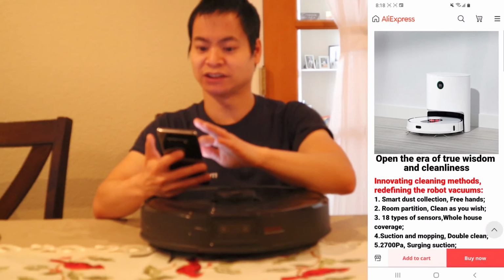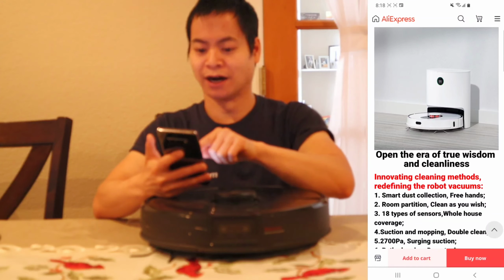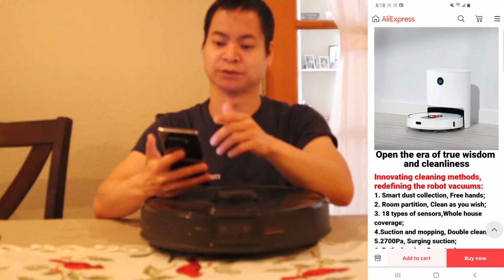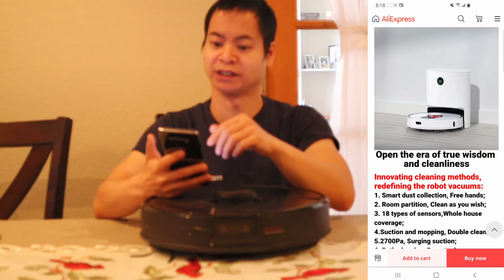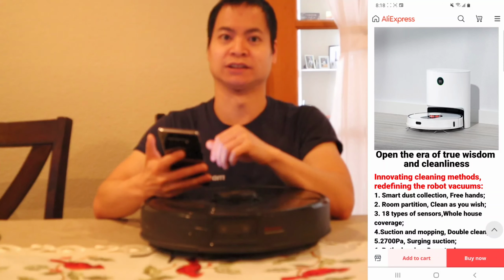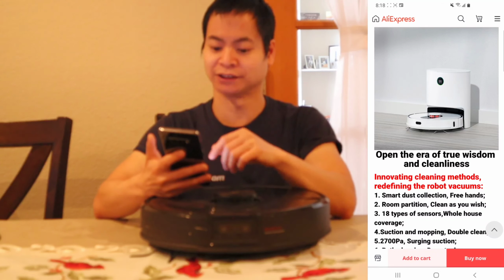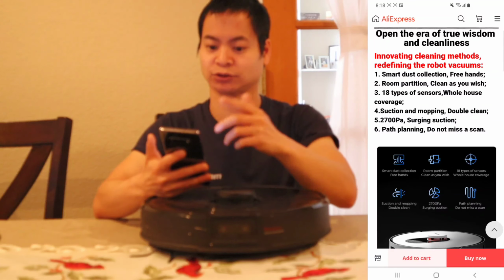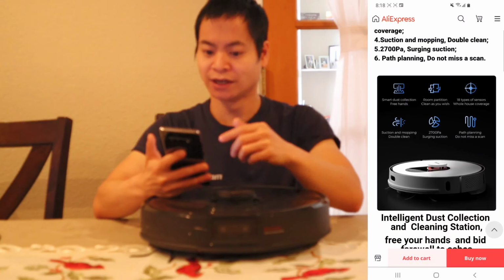So what do you guys think of this design? Actually, it looks pretty cool. I really like the LED display. I'm not 100% sure what it displays. I think it displays like the battery remaining. Also may let you know when you need to empty out the dustbin or need to change out the dust bag. Okay, so it does have 18 types of sensors, has whole house coverage, and yes, 2700 pascals of suction,